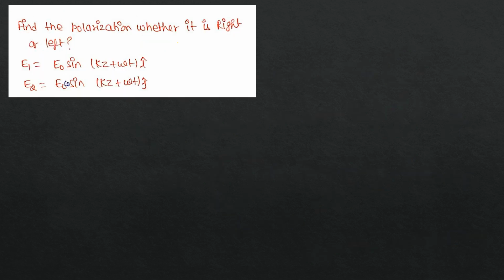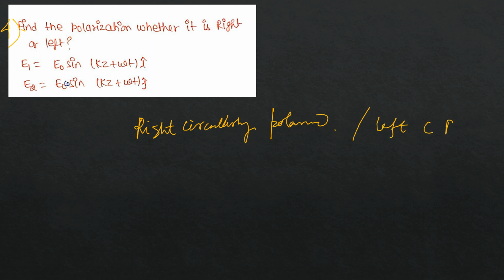Next question, question number four. Find the polarization, whether it is right or left. Okay, there is a thing called right circular polarization, right circularly polarized, or left circularly polarized. Okay, RCP or LCP. So how to do this? See, first of all, what will you do? We'll put z is equal to 0. If I put z is equal to 0 in both the equations, E1 is equal to E naught sine